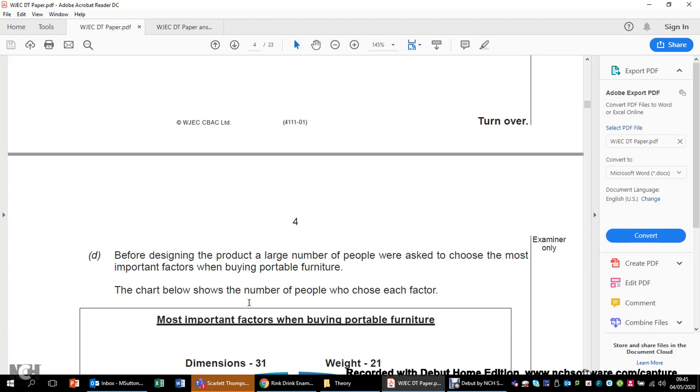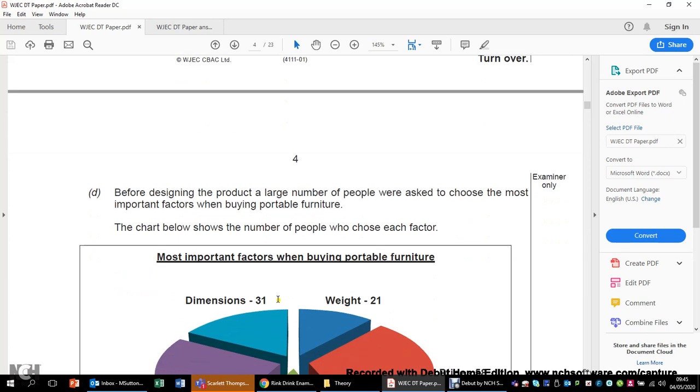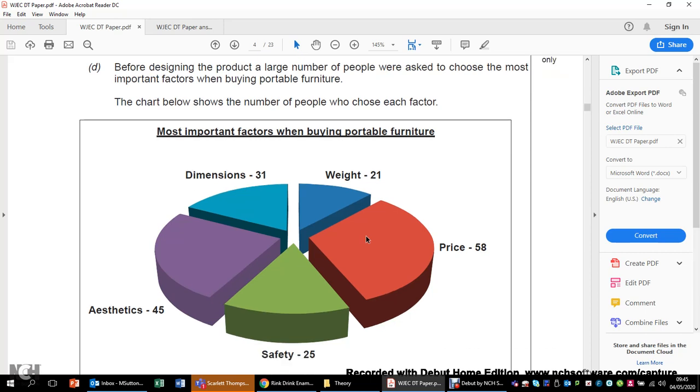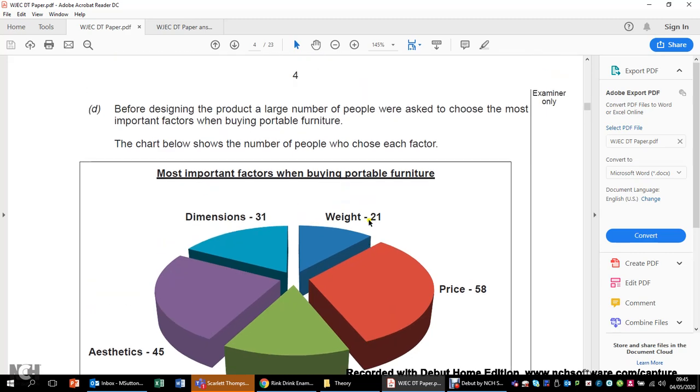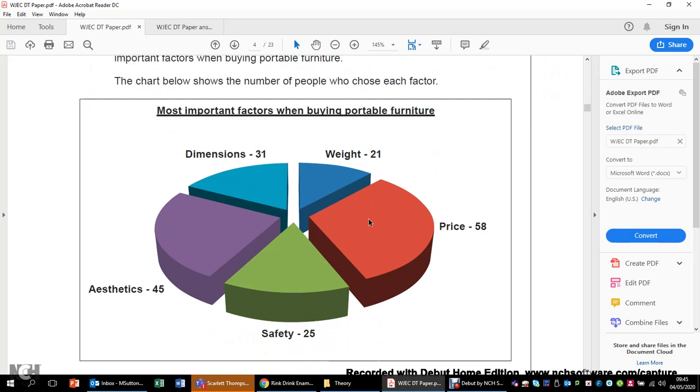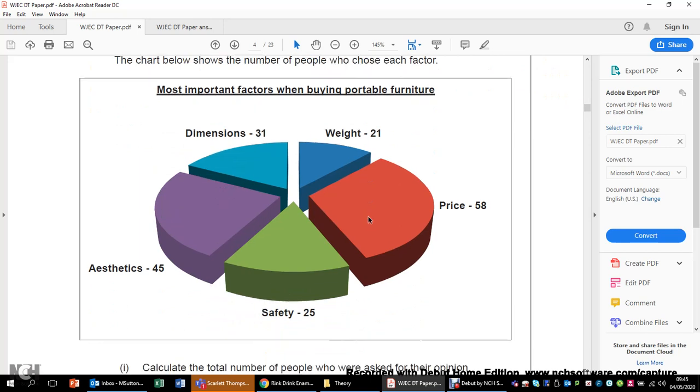The chart below shows the number of people who chose each factor. So we've got here, this is something that you will do as part of research a lot of the time. You may well do a similar type of thing later on as well, especially if you continue to A-level product design. You will want to know, you do a survey, you want to find out what people want. So you can see here from the people, and I don't know if it said how many people, no it didn't, a large number of people, so we don't know what large number is,